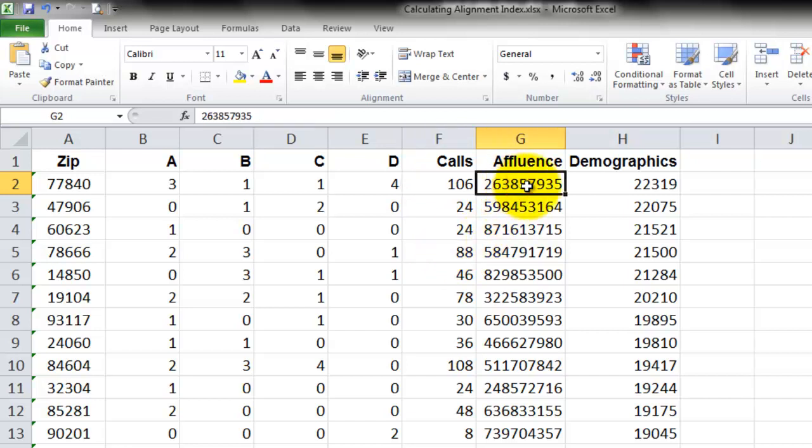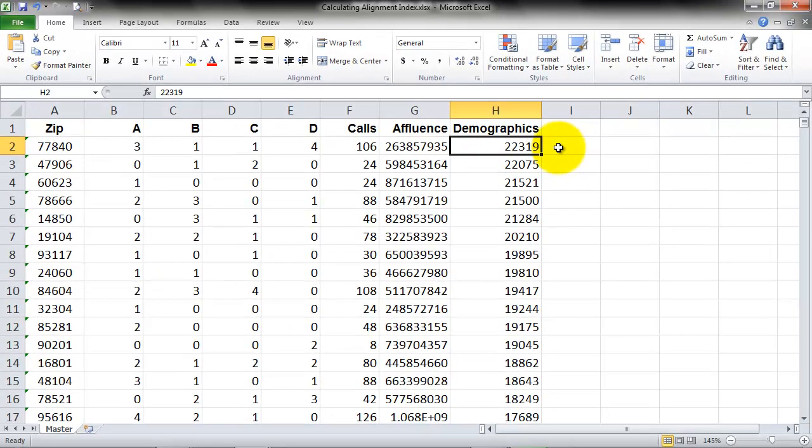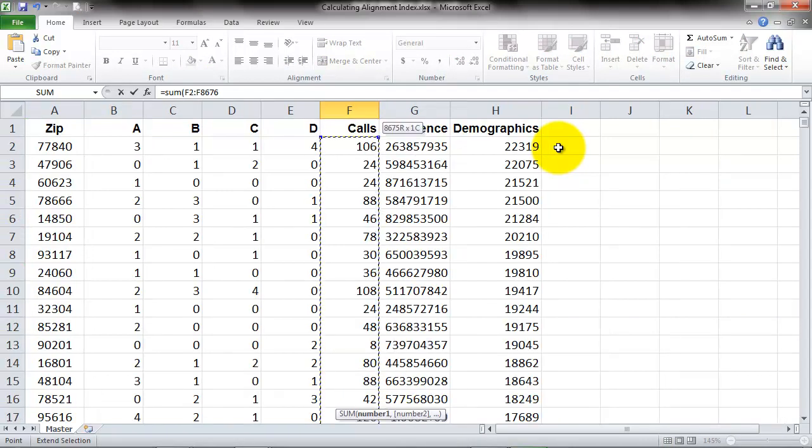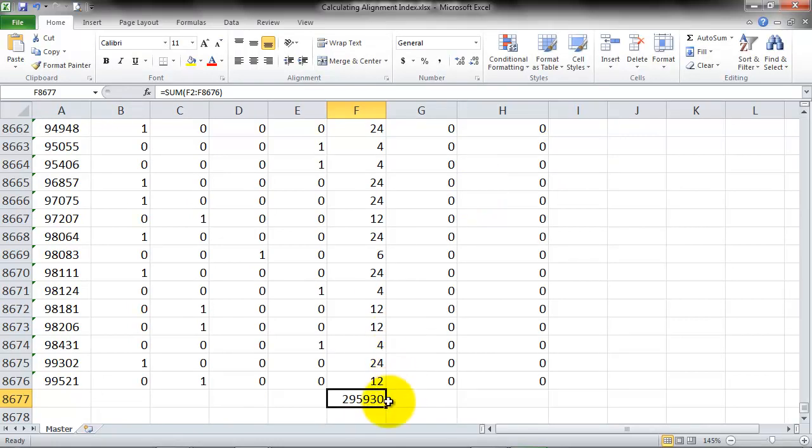We've got the affluence for this zip code, and that sort of data can be acquired, and the demographics, that's probably the population of the specific demographic that you're targeting. So I'd like to create the index for each of these. To do that, I'm going to actually create the totals. So I'm going to have a totals column here, equals sum, so I've got the sum there, and I've got the sum of the other 2 variables,